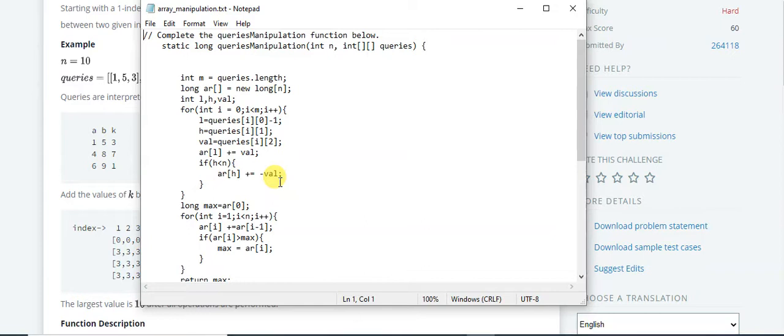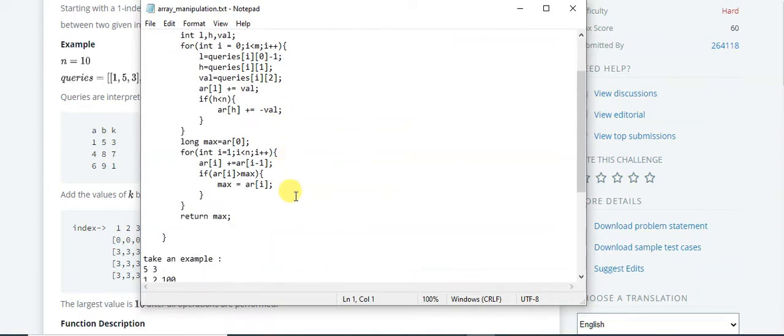Actually, rather than adding at each of the indices, I will be adding plus the value at the starting index and minus the value at the index one ahead of the end index. So if the end index is 3, I will add minus the value at the fourth index. So this will be clear now.